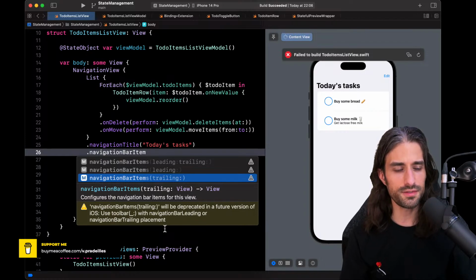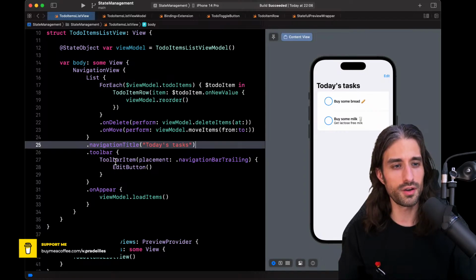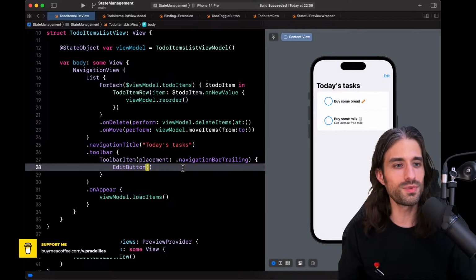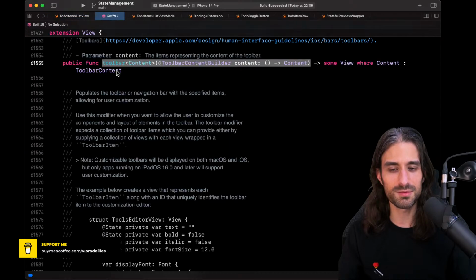It's something that you will see a lot because SwiftUI, as it evolves year after year, they refine the API, and basically here the logic is that before you had a dedicated modifier to put things in the navigation bar, and then they realized that it could be unified by just dealing with toolbars and be able to interpret the toolbar as a navigation bar in some situations. So you use a toolbar modifier, which is a bit more generic. You need to also write a bit more code in order to have the same feature available. What's interesting is that I want to take a look at what is the availability for this modifier.